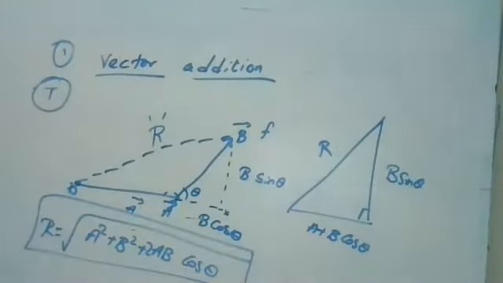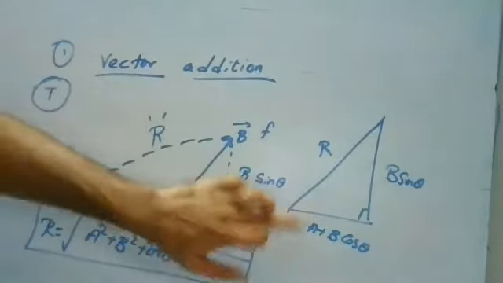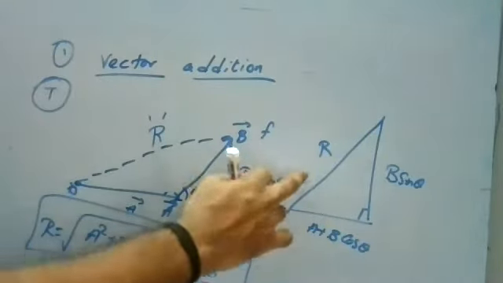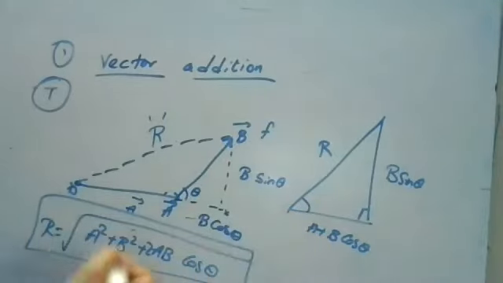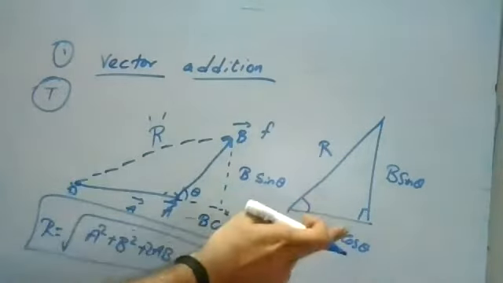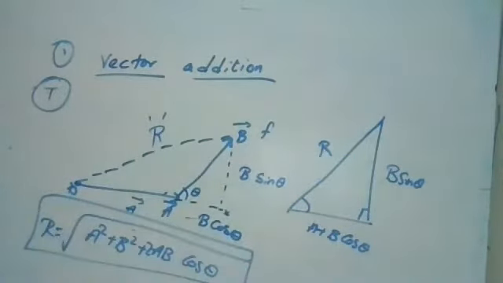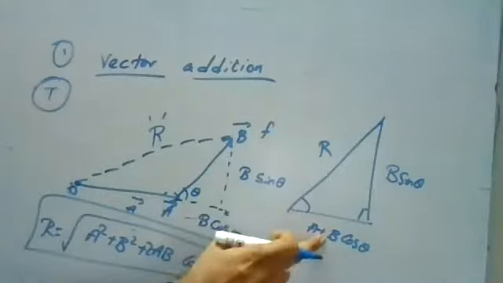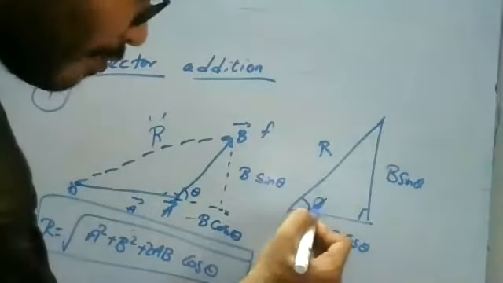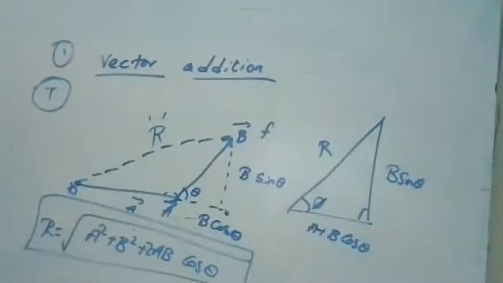In this relation, you can find the resultant R between these two. It is the same concept as how we do the hypotenuse: hypotenuse square is equal to opposite side square plus adjacent side square. Now from this triangle, if you want to find the angle between the resultant and one of the vectors, I have to find an angle, which we can call phi. Theta is the angle between A and B.